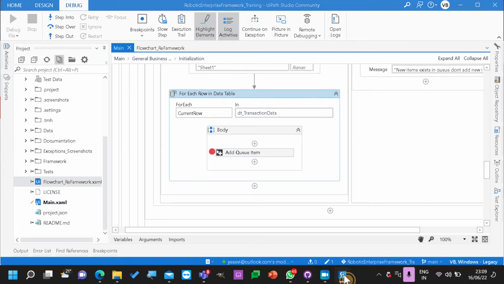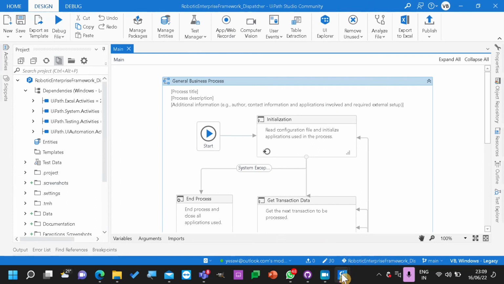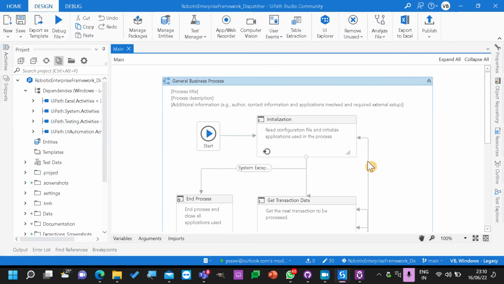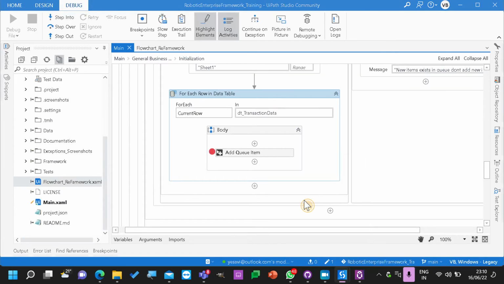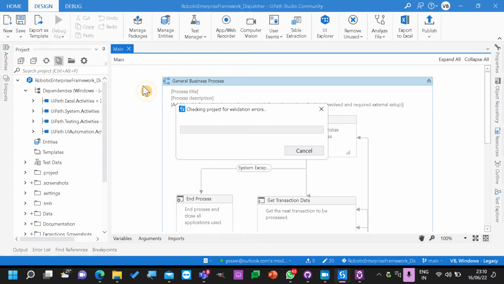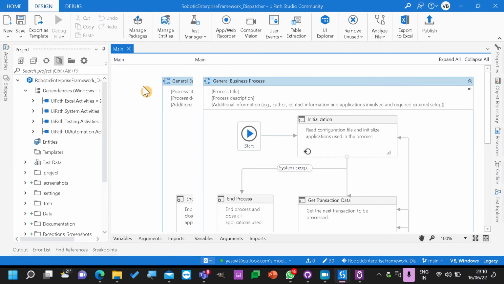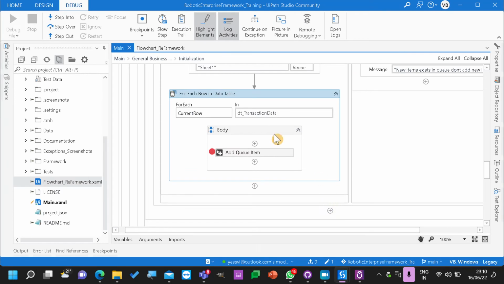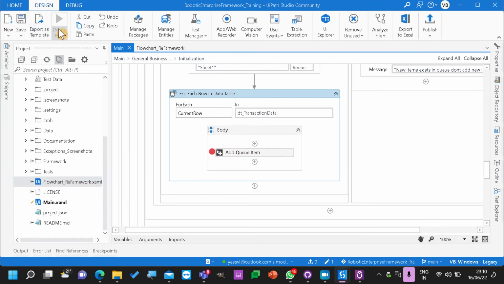Just try to go with this one. Stopping it. Okay. Oh, this should work. Okay. Debug again.